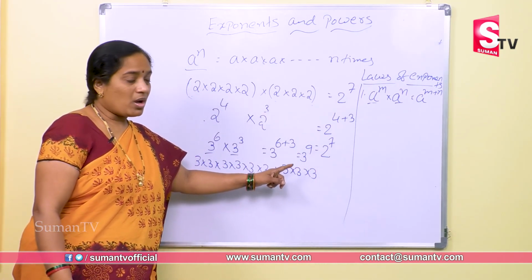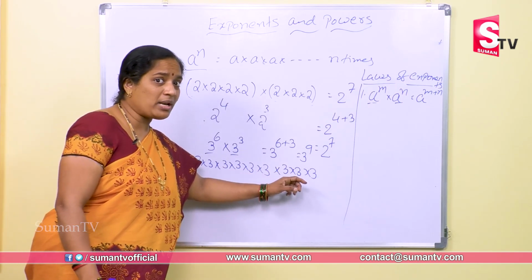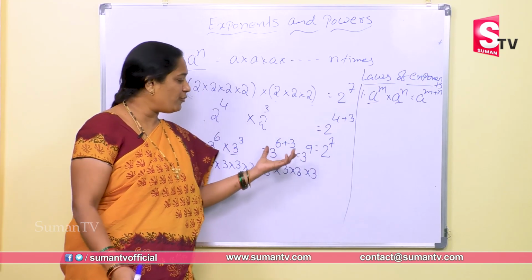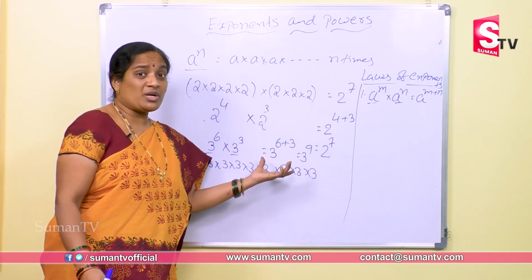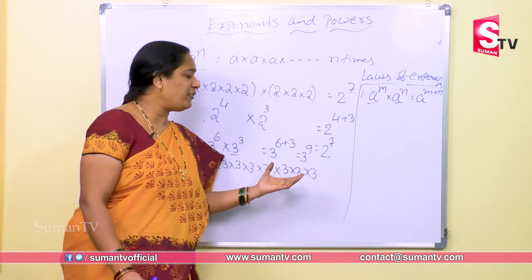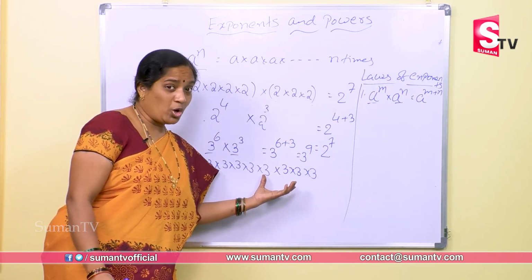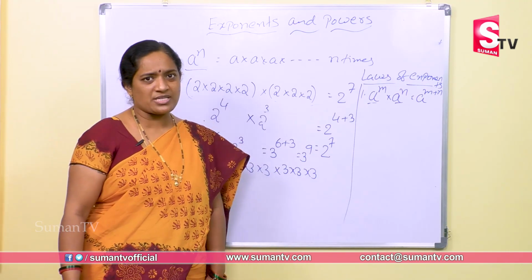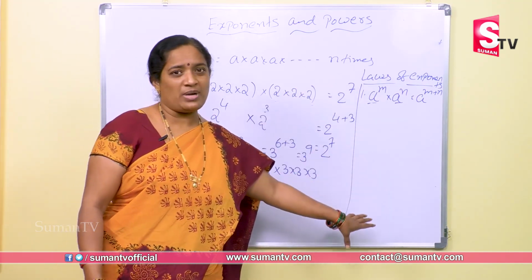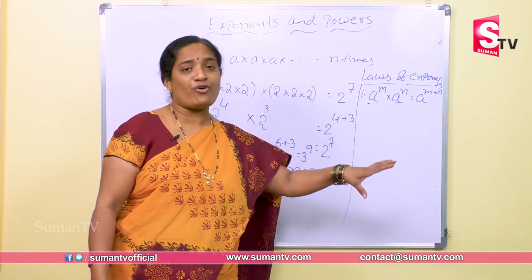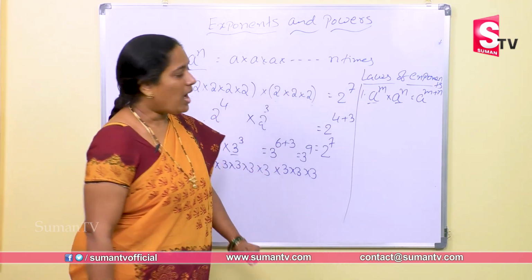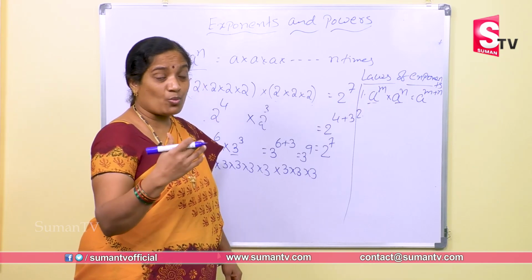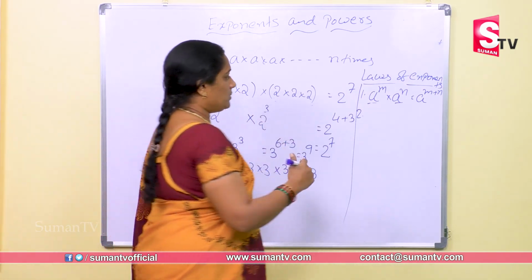So simply you can write 3 to the power of 6 plus 3, nothing but 3 to the power of 9. Now come on, if you are smart, you will follow this. If you are doing blind work, you will follow this. Okay, hope everyone is doing the smart work, so that we are applying the formulas, right? Such formulas we have, 7 formulas are there. I'll show you what those formulas are and how they are useful.